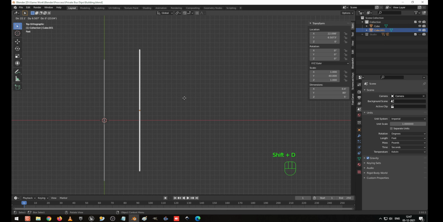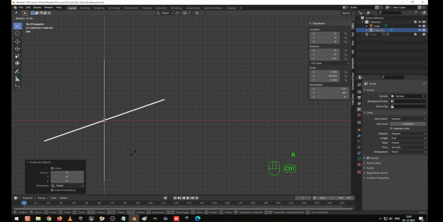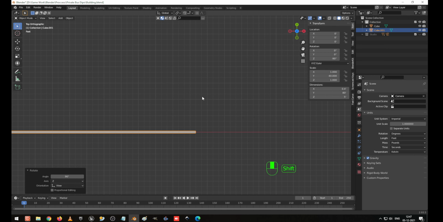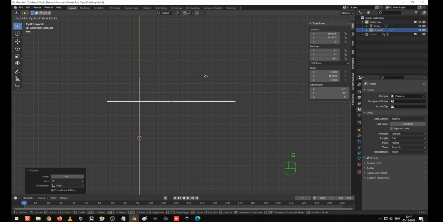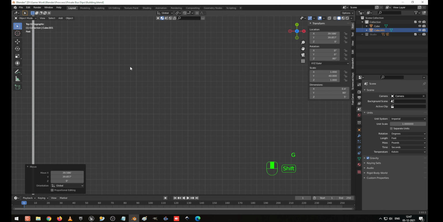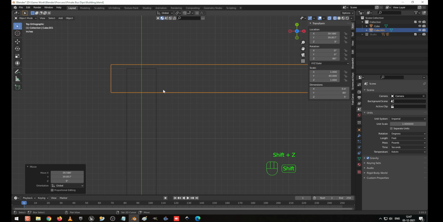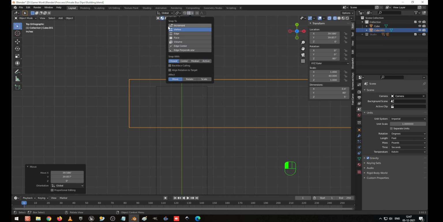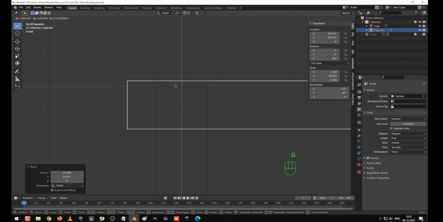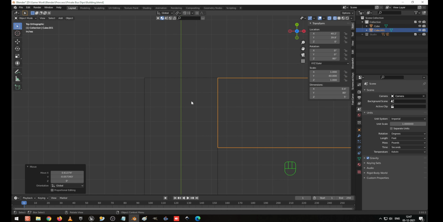I press Shift D to duplicate, right click to cancel, and rotate it. I use the Control key to rotate it as per the slots, so it gets aligned perfectly straight. And I press G to move. I move here. I zoom it in. Okay, now Shift Z to go to the wireframe mode. I turn on the vertex snap tool, G, and I press Ctrl to do it here, or we can do G X to snap it here.